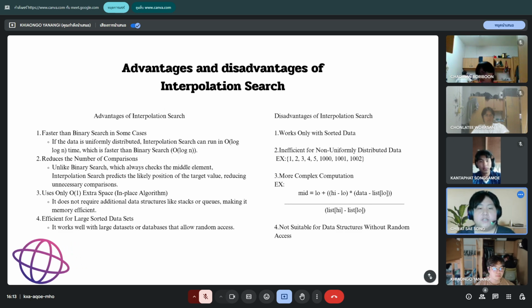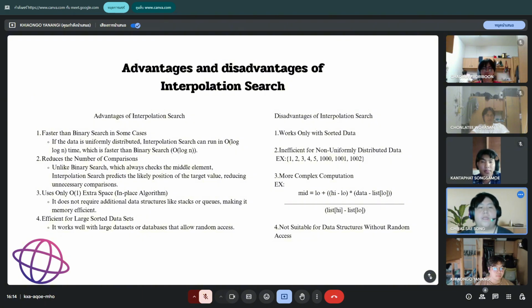Advantages and disadvantages of interpolation search. Let's take a look at the slide. Advantage: it is faster than binary search in some cases, especially when data is uniformly distributed. It can improve the time compared to binary search.